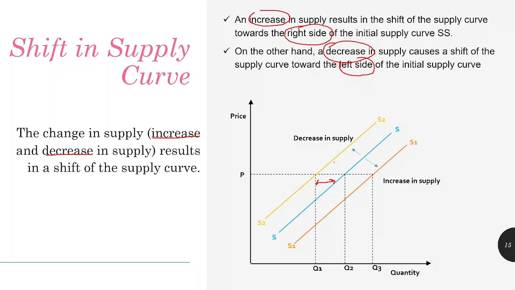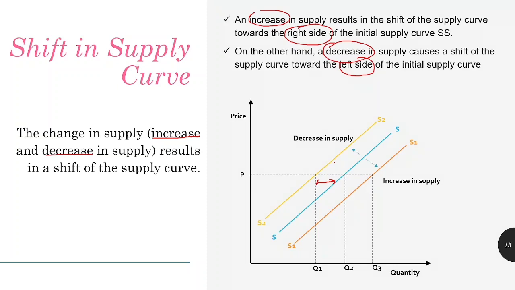So I hope graphically it was clear, both extension and contraction and then shift in supply curve. So it's quite similar to what we studied in demand. So nothing is different, it's almost the same, just the curve is upward. Okay,